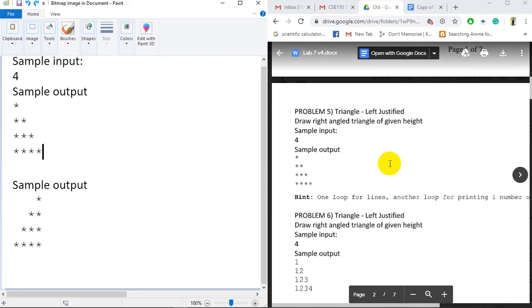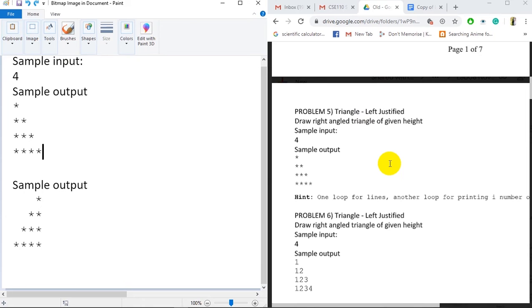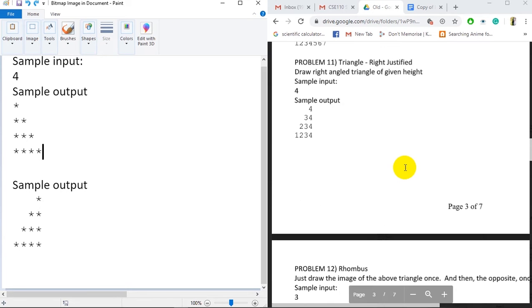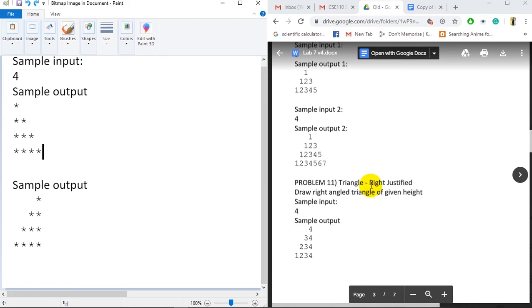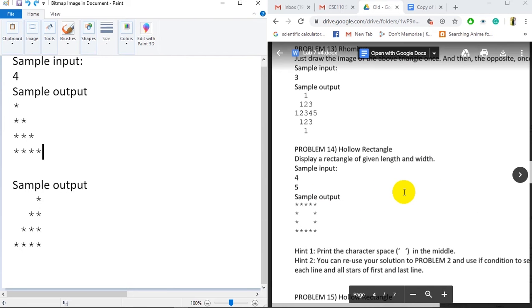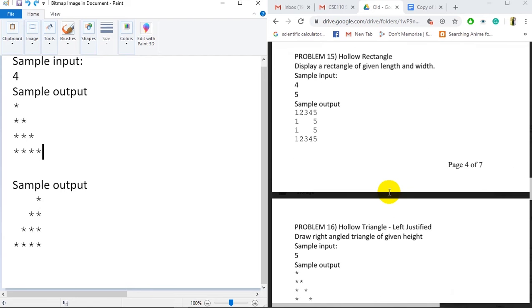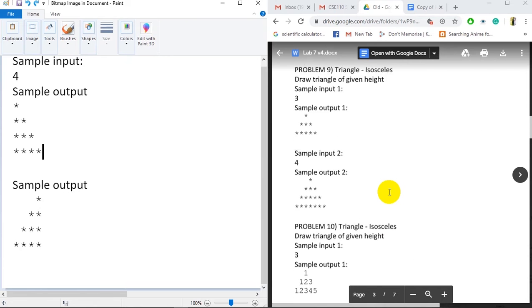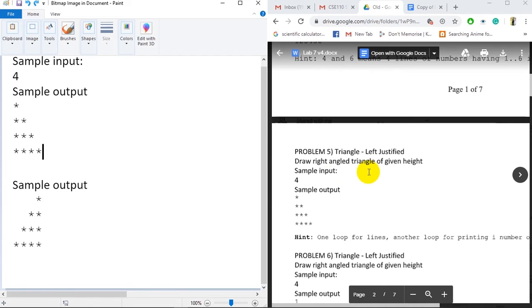Hello guys, today this tutorial is about star labs. I have divided this tutorial into two parts. The first part will contain left justified triangle, right justified triangle, isosceles triangle and rhombus. After that, the second part will contain the same tasks, but with hollows: hollow rectangle, hollow left justified triangle, hollow right justified triangle, and hollow rhombus. So for the first problem that we will be solving today, problem 5, which is